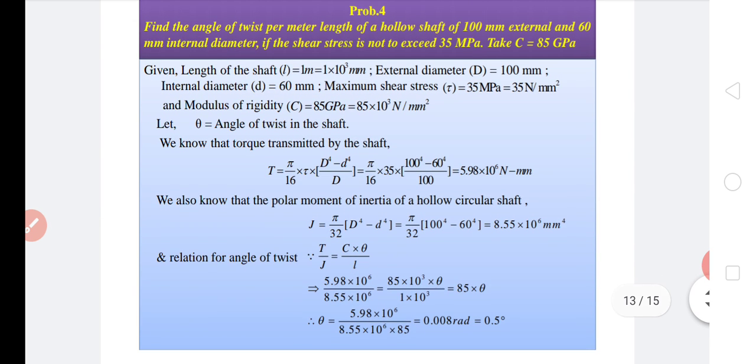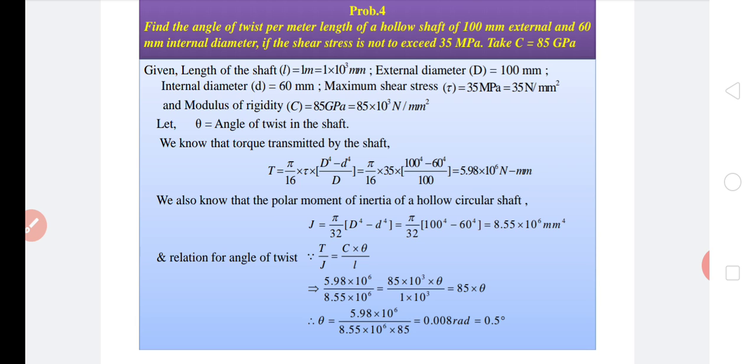In problem 4, find the angle of twist per meter length of a hollow shaft of 100 millimeter external and 60 millimeter internal diameter. If the shear stress is not to exceed 35 MPa, take C equals 85 GPa. Here the type of shaft is already mentioned, that is hollow shaft. The external diameter is 100 millimeter, the internal diameter is 60 millimeter, and the length is mentioned per meter, that